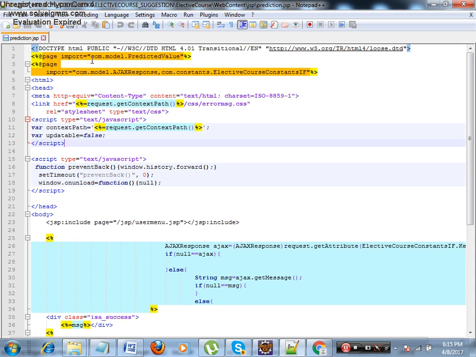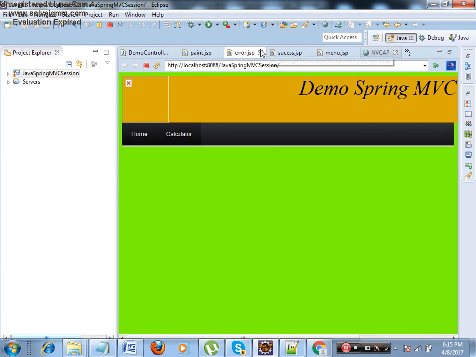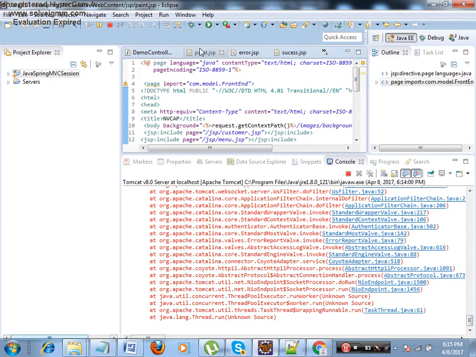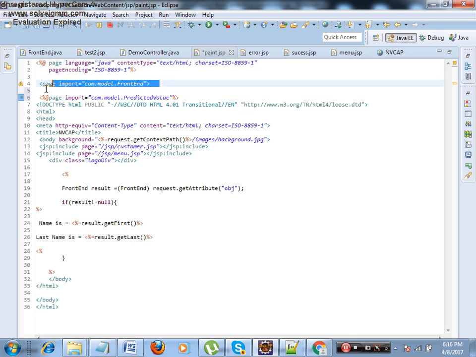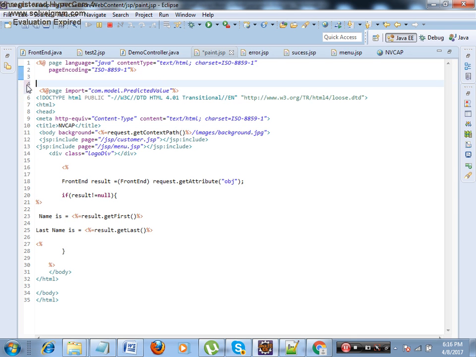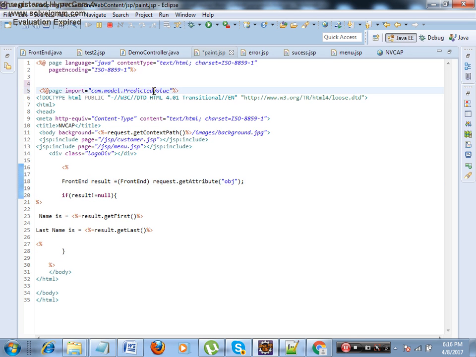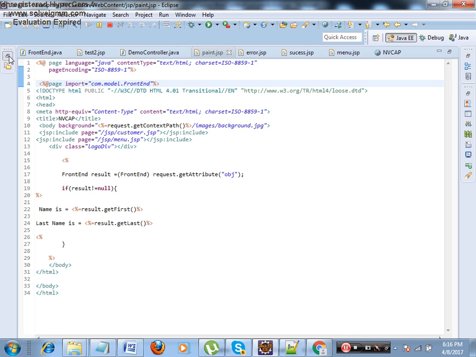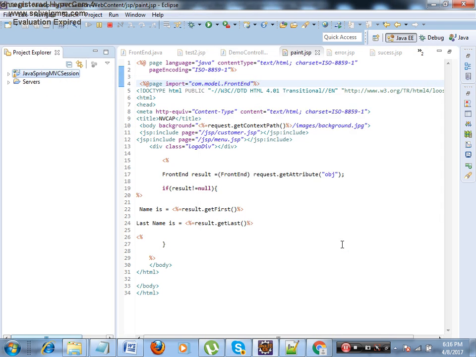I've used in the same way I have used there, no? Some silly mistake I might have performed here. Page import. Okay, what is the mistake? Percentage at syntax. So I will use form.model.content. Now it has to compile properly and it has to give us the result.